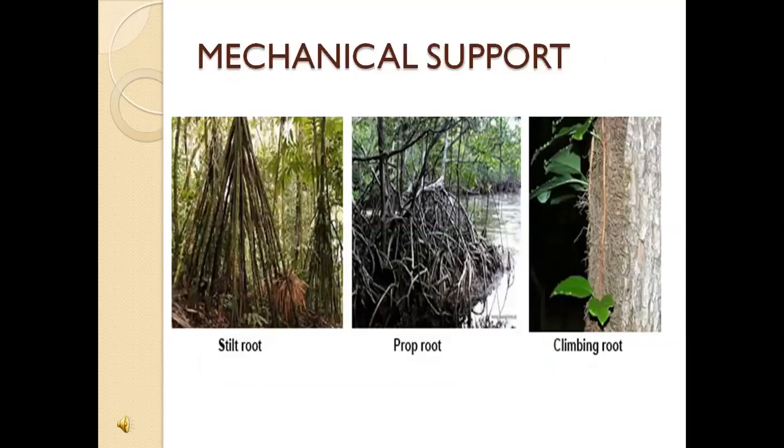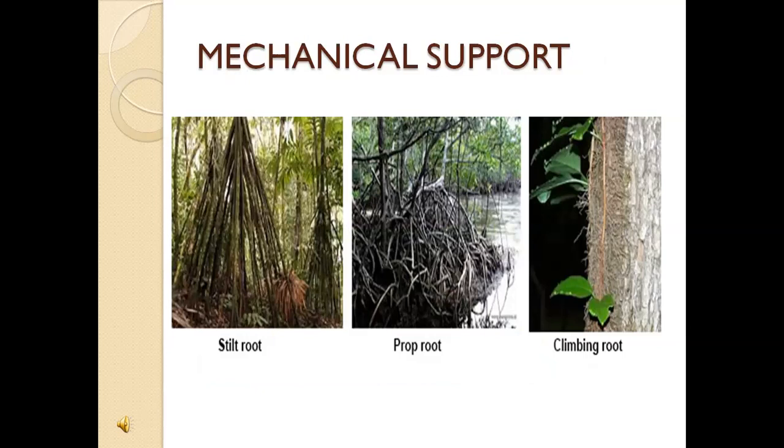Mechanical support of root. Look at a banyan tree. It is very huge, isn't it? Yes, the banyan tree is very large and huge. It seems to have many trunks supporting it. However, many of them are actually roots. As the banyan tree is large and huge, it needs support, so as not to tilt and fall down.